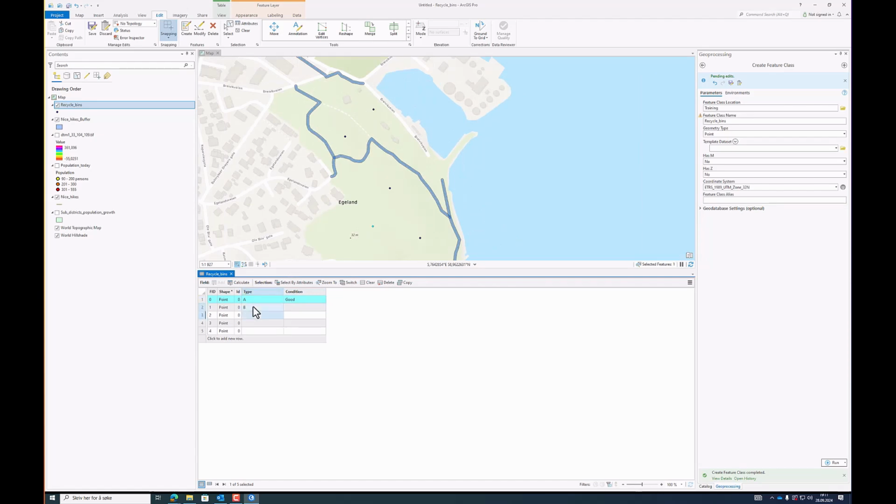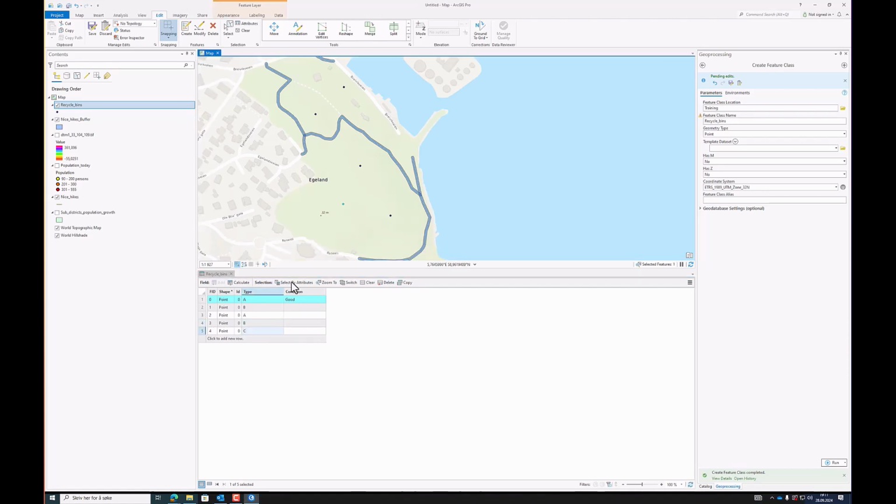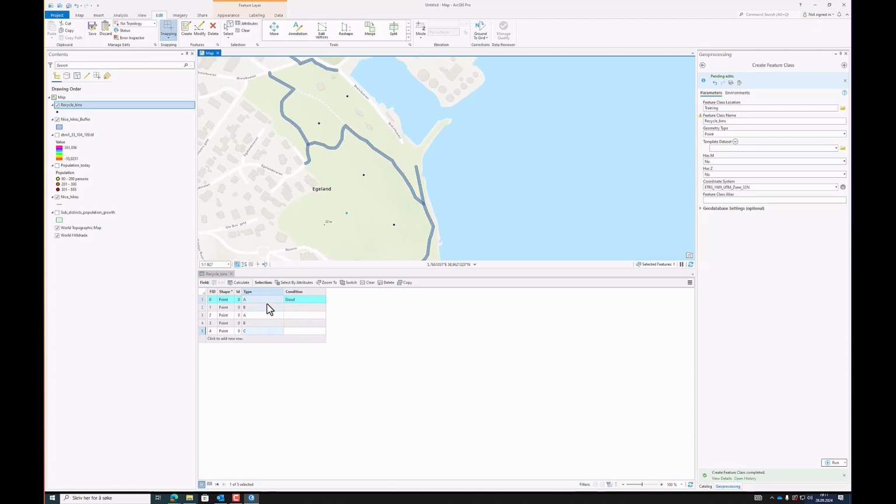This can be B, this can be A. And here we have a type C recycle bin. So this is how we just give our features descriptive information. And if you need to know which one you're looking at, just click on here and you see them being selected in the map. So I can say that this one was bad,